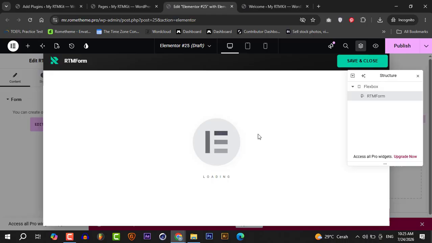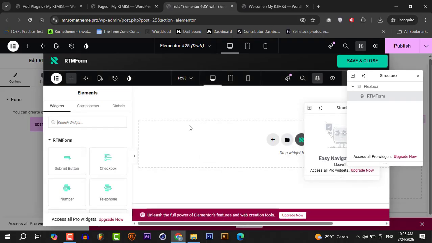So need to wait first. Here's the RTM Form Builder widget, and here's the RTM Kit. Need to click it